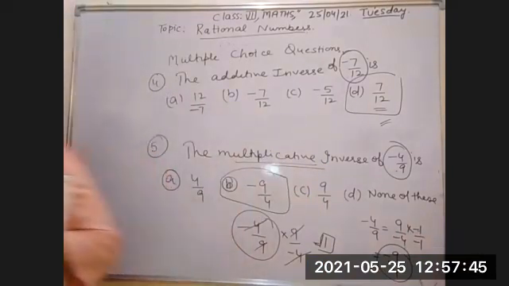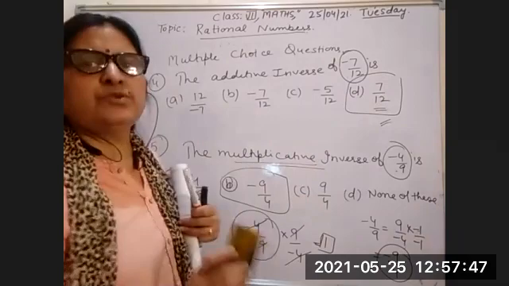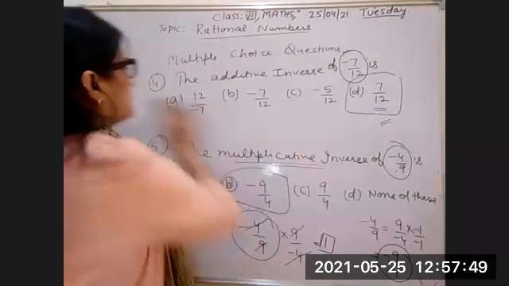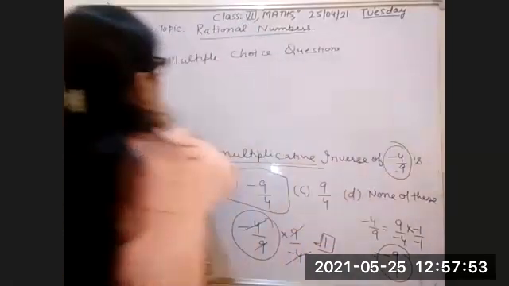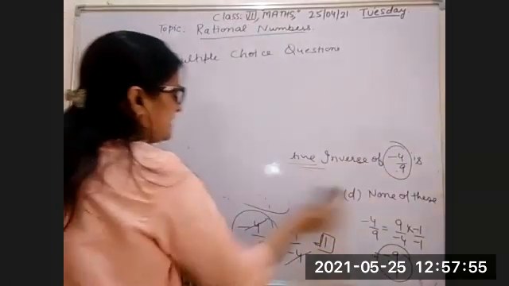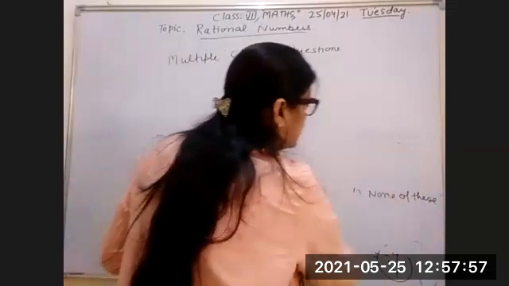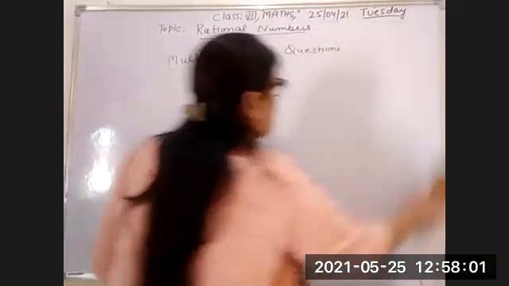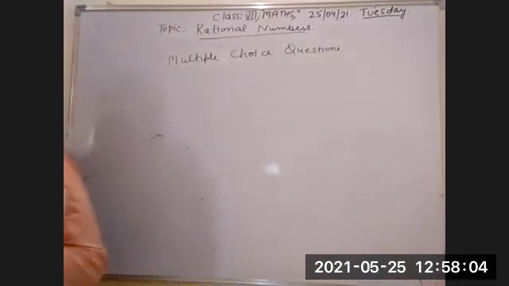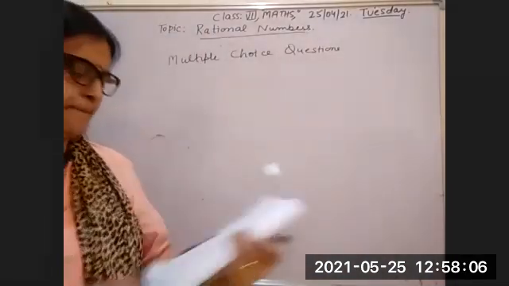So to solve this question, you can write down the answer. Without solving the question, you cannot write the ABCD option. You have to first solve the question, then you will write down the answers. One more question I'm taking, and then I will take your doubts of this exercise.